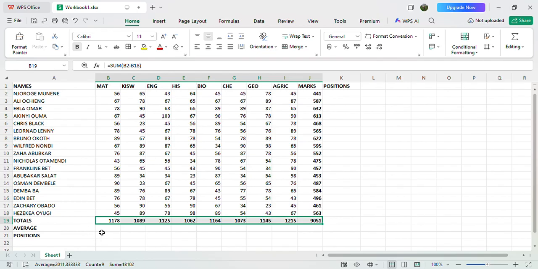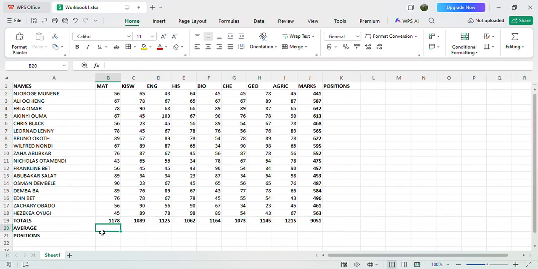Let us get the average per subject. You press the equal sign, write average. After you've written average, open the bracket. I will press shift, then open the bracket.